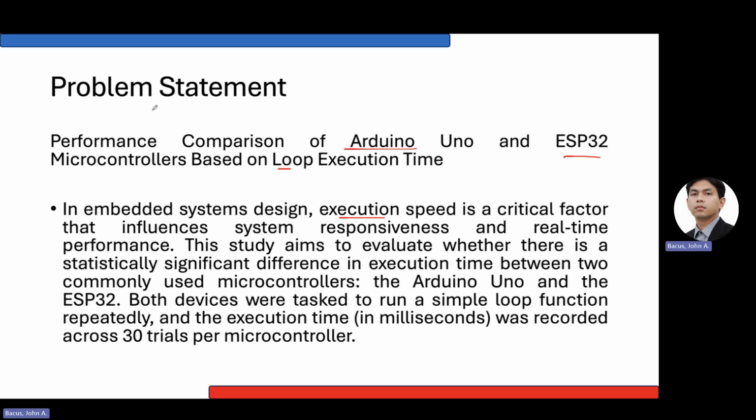So this study aims to evaluate whether there is a statistically significant difference, which means it is non-directional, in execution time between two commonly used microcontrollers, Arduino Uno or ESP32. Both devices were tasked to run a simple loop function repeatedly, and the execution time in milliseconds was recorded across 30 trials per microcontroller. So this data right here that I have uploaded to you guys is